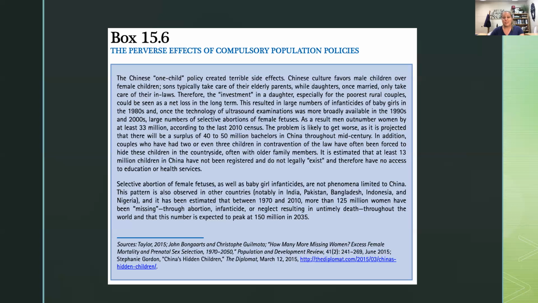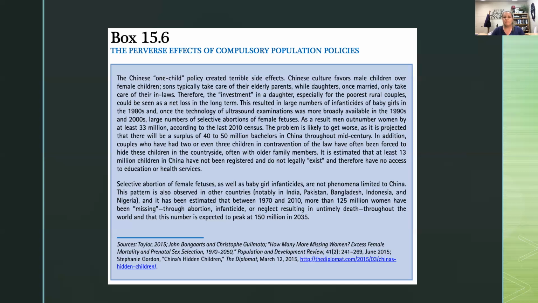And so what happened over time as a result of people pre-selecting for male births is now China has a population where the number of men in their society drastically outweigh the number of women in their society. And so there are a lot of heterosexual men who cannot find partners because there are literally many fewer women in the population. Another thing that has happened is that when children are born outside of the one-child policy,